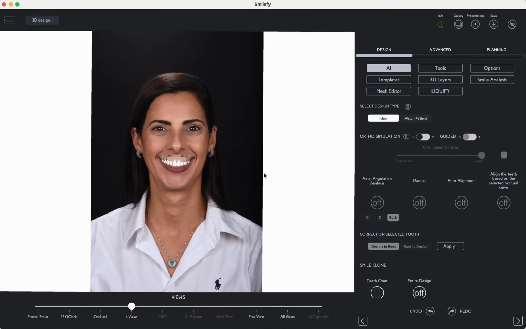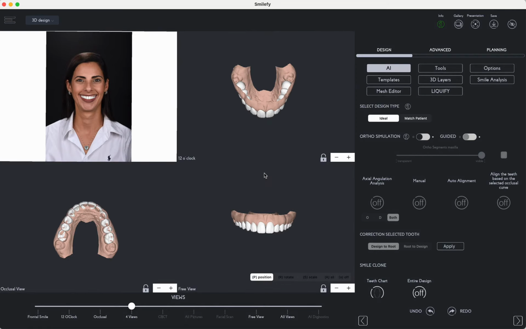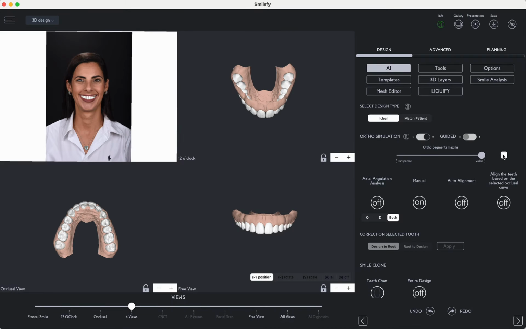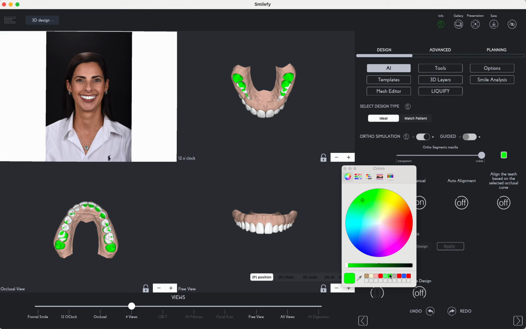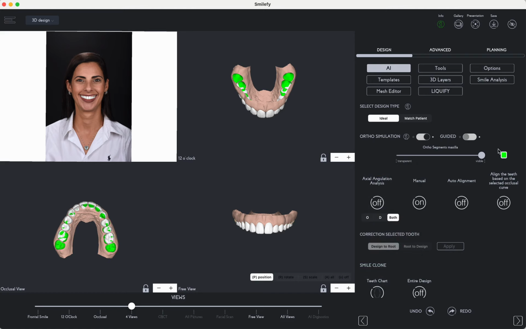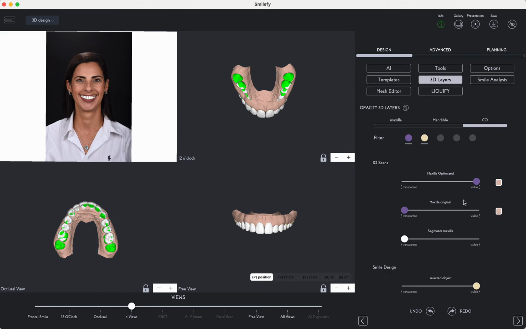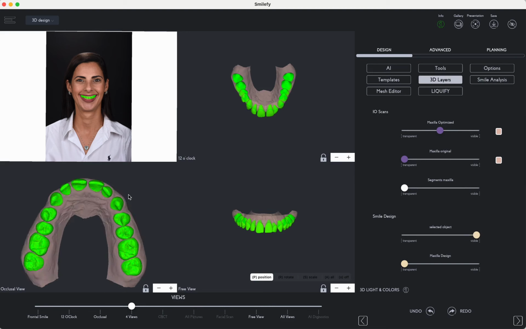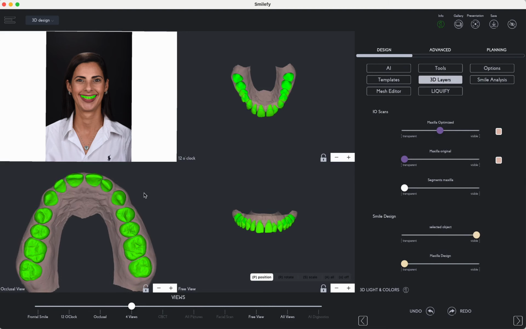So we start the automated 3D smile design based on our ideal smile design, which we have created before. And in the AI section, we do have the ortho simulation option, which I will by default actually set on green. We go to 3D layers. Now I'm gonna hide the design and a little bit the intraoral scan, increase the zoom on my model,